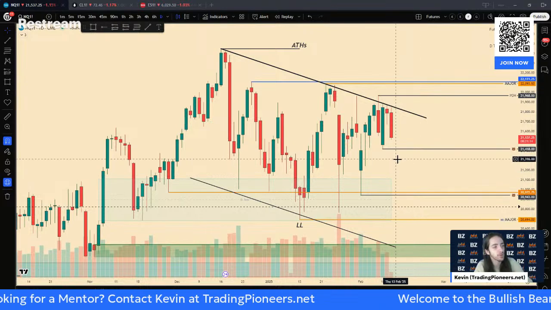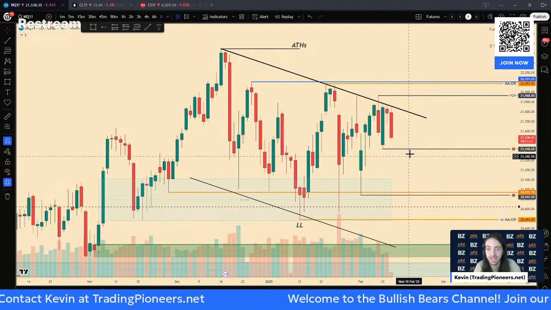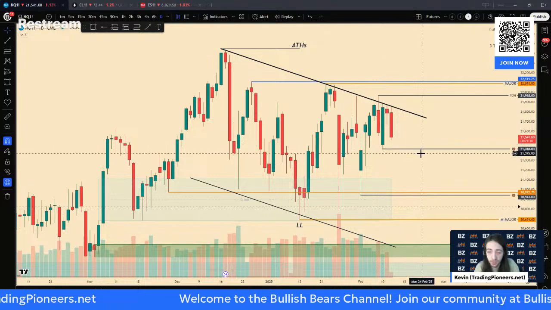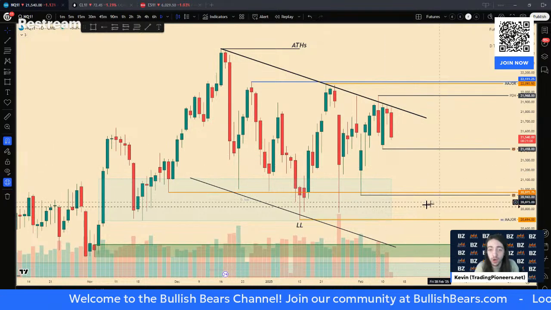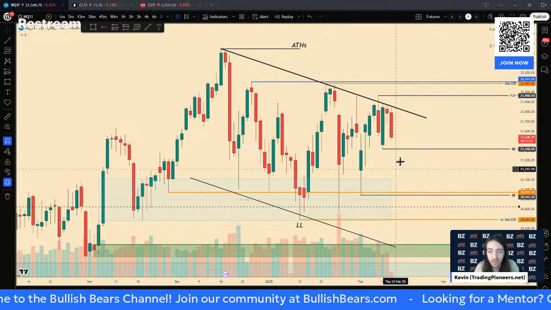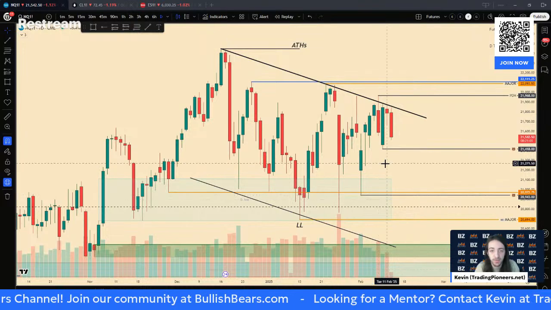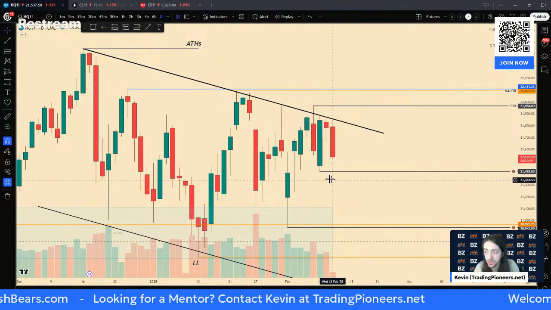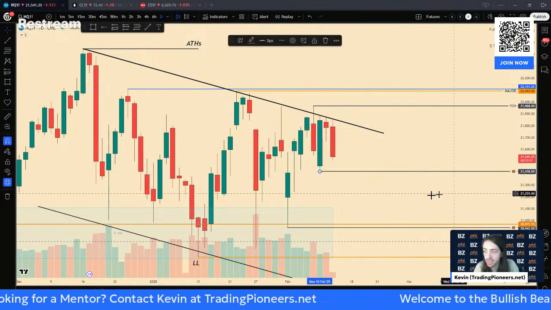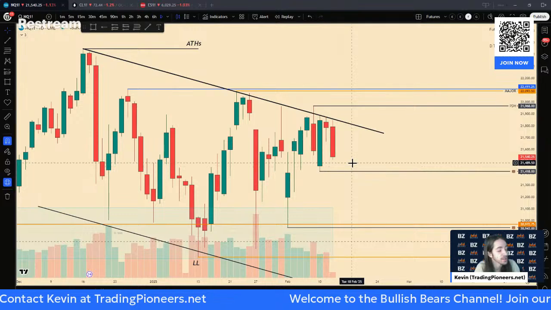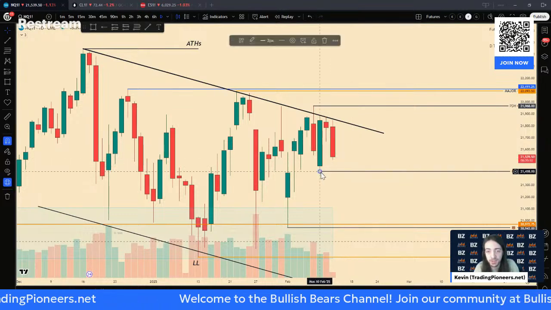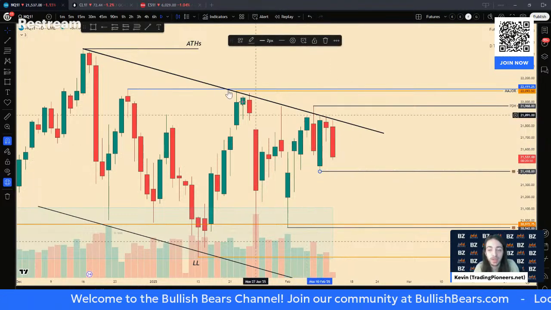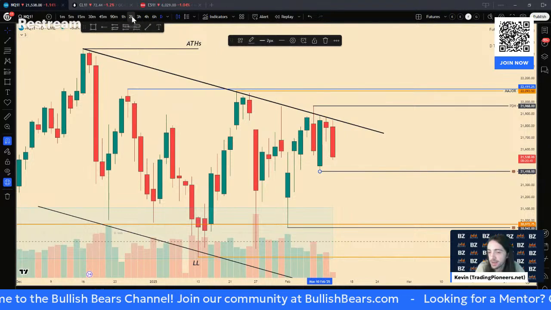Now, that doesn't mean I'm looking for a 500 point move today. What that means is if we do break this and I'm looking to aim lower for my trades, then I might be able to target this price level. I can expect or look for price to react. Now, something I will look for too is if we want to break this 21,418 and then reverse after we break, because a lot of people might have their stop positions at this point. So we're going to be patient on that.